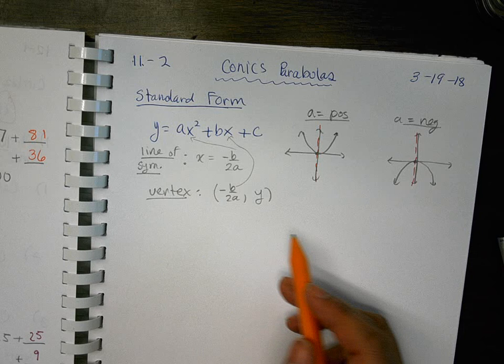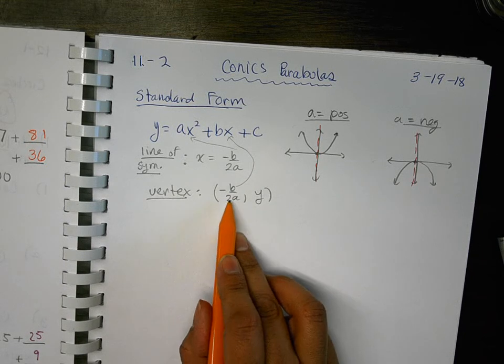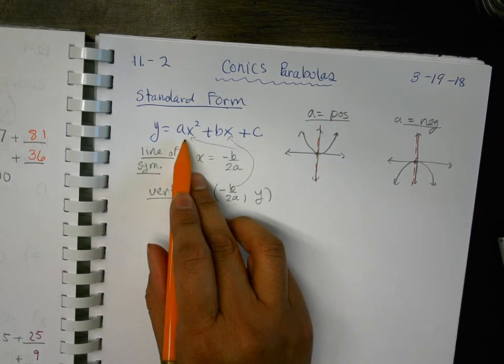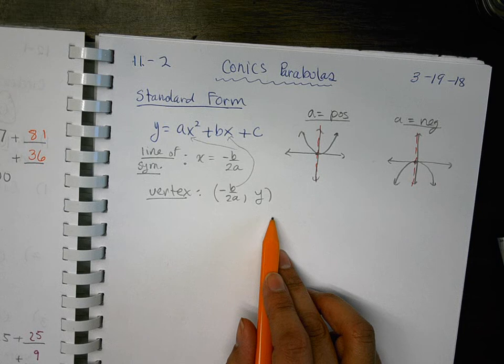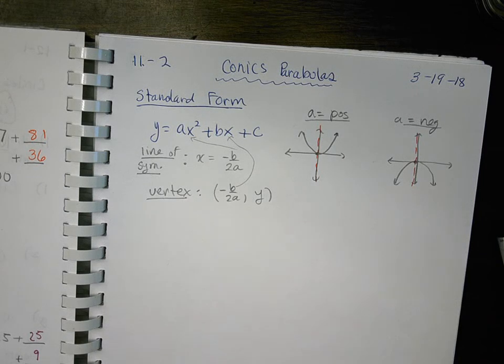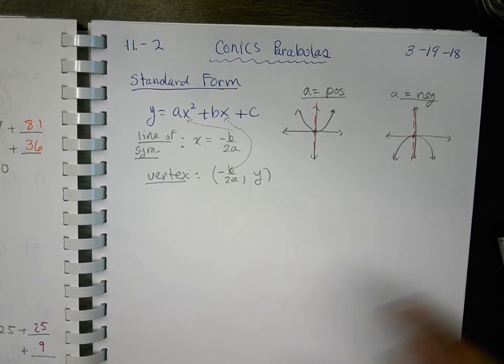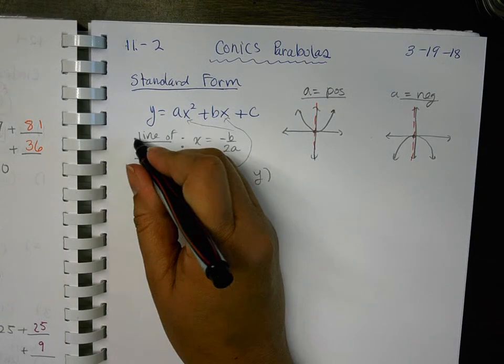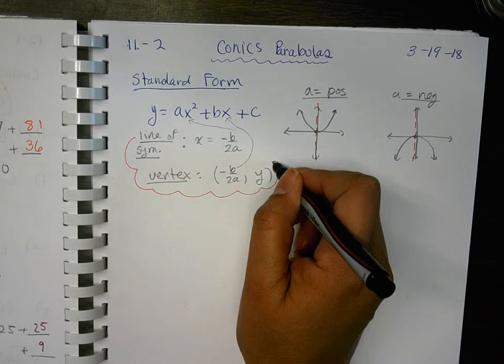All right, did everybody hear what he said? He said plug it in. So you would do negative b over 2a. That's your x value. You'd plug it into your x's and find your corresponding y value. All right, have you guys done this before? Yes or no? Yes. All right. Okay, so that's that for that type of parabola, but you also dealt with sideways parabolas,